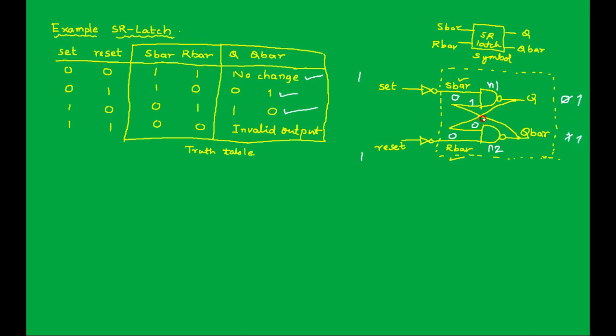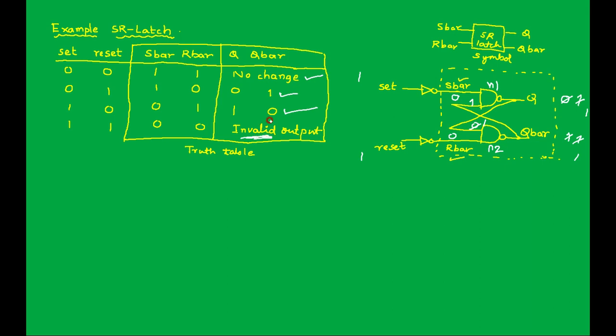Again, this particular thing, 1 0 gives 1. Next iteration, again 1 0, you will get output as 1. For 2 successive iterations, you have got both Q and Q bar as 1 1, which is an invalid output, because we want Q and Q bar to be in complemented form. Which means when Q is 0, Q bar should be 1. When Q is 1, Q bar should be 0. In this case, when set and reset are both 1, both Q and Q bar are 1. So I have written here as invalid output. This particular output is not valid.